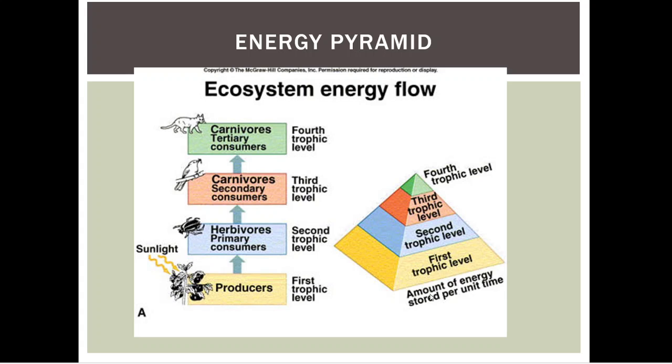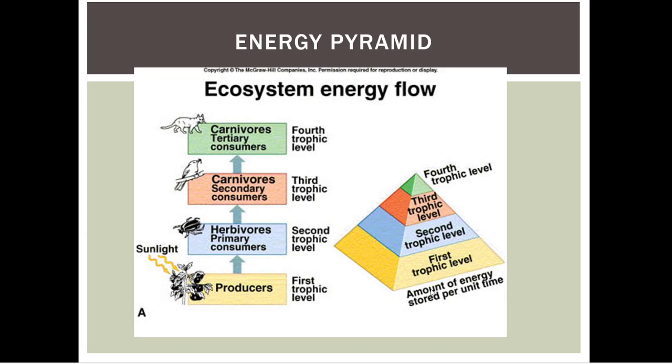So we call, and you'll hear me say it, the first trophic level, the second trophic level, and the third. And what does that mean? That means we have our producers, our primary consumers, and our secondary consumers, and then our tertiary consumers are usually on top, fourth. So we call these on an energy pyramid trophic levels. And it just shows that there's much more energy down here in producers. And then notice it gets smaller because we only get 10% put up, and then 10% here, and then 10%